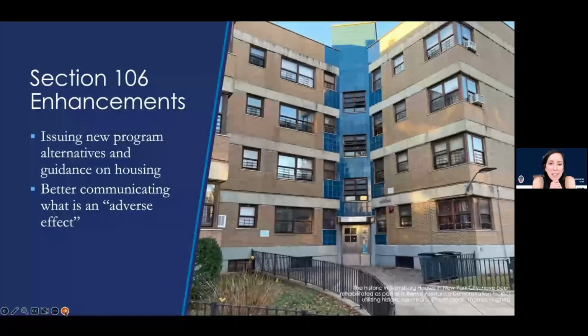But Section 106 enhancements. So we are at our committee meetings this month. I am working with HUD and other agencies to try to push for a government-wide approach to housing. We have a lot of piecemeal types of housing that are covered by Section 106 program alternatives, mostly program comments. It's a kind of program alternative that goes through a particular process where ACHP votes to allow for certain types of federal actions to undergo particular processes.